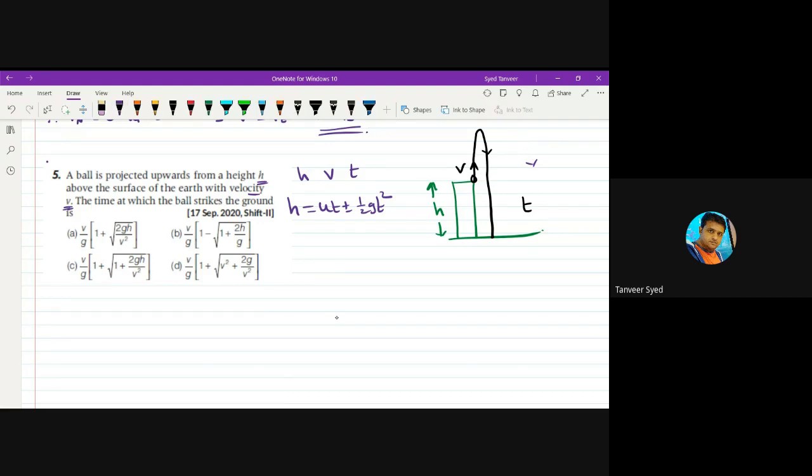We take the point of projection as origin, and treat all upward values as positive and all downward values as negative. Okay, so applying proper sign convention,